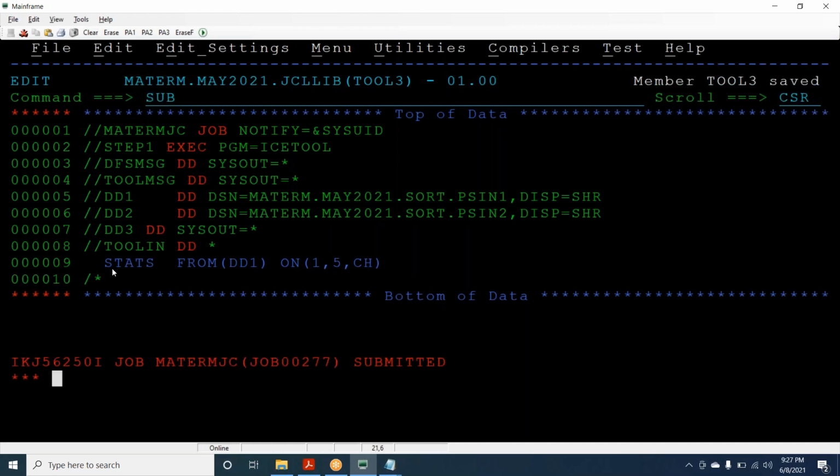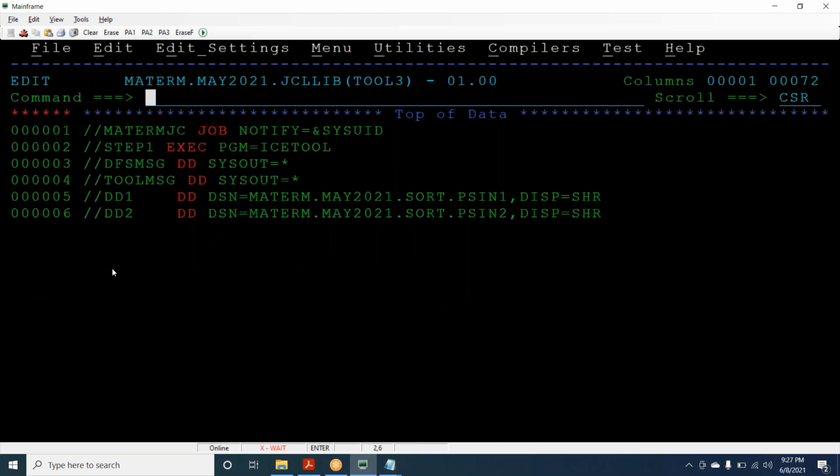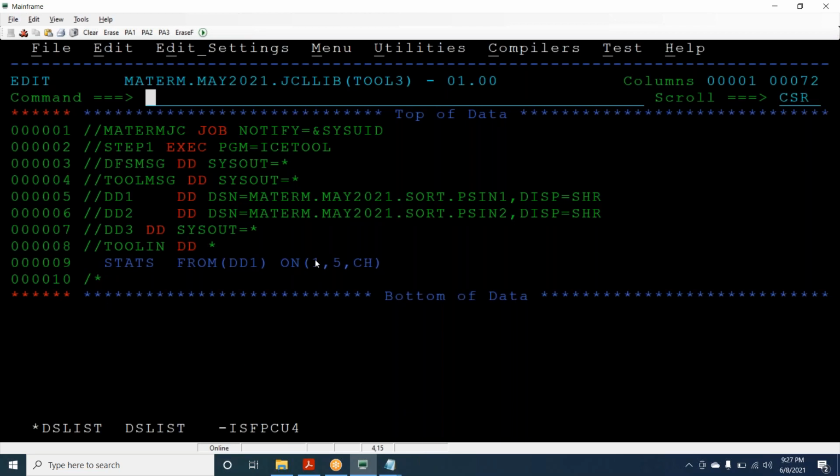Save and submit. So it will give you the statistical information.